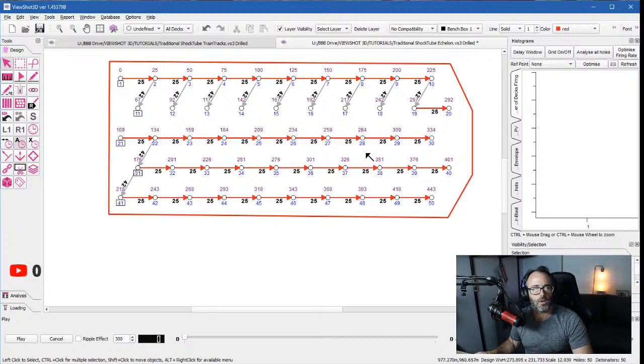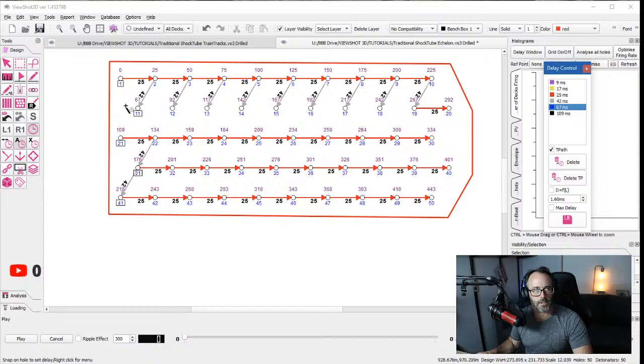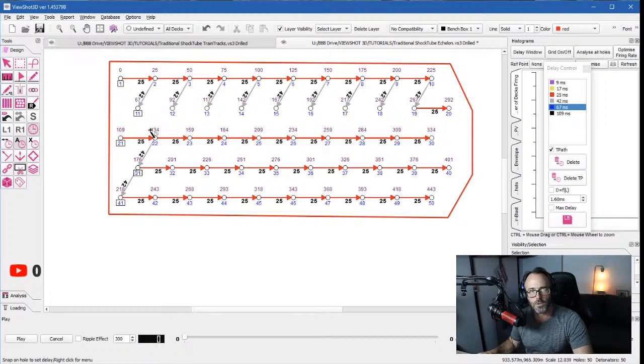Okay, so what can we do? Well, let's see what we've got. We've got these delays. What have we got? We've got 67 and 109s in the mags. Okay, what shall we do? Well, I might do a 67 back through here, because we can see here our timing triangle says that 0, 67 is a relationship that we know about. And this is how it should be in this area, 0, 25, 42 coming back to a 67. So we will go with 67 through here,